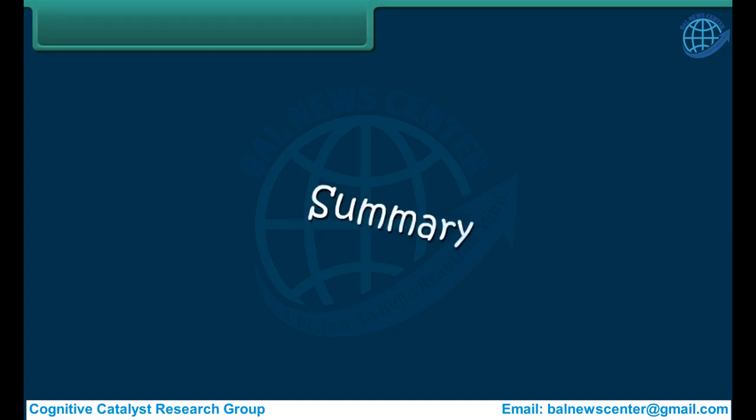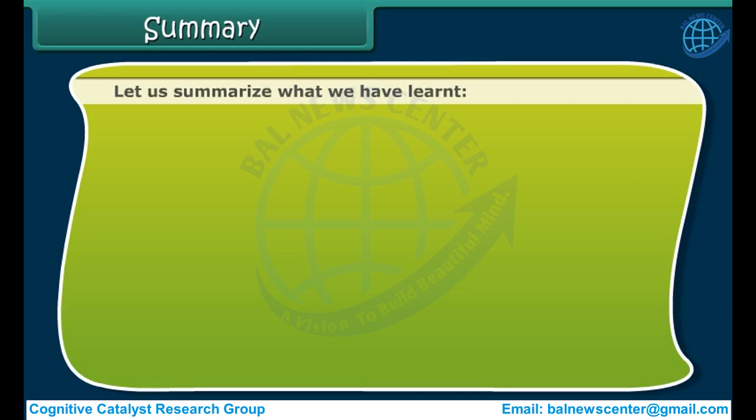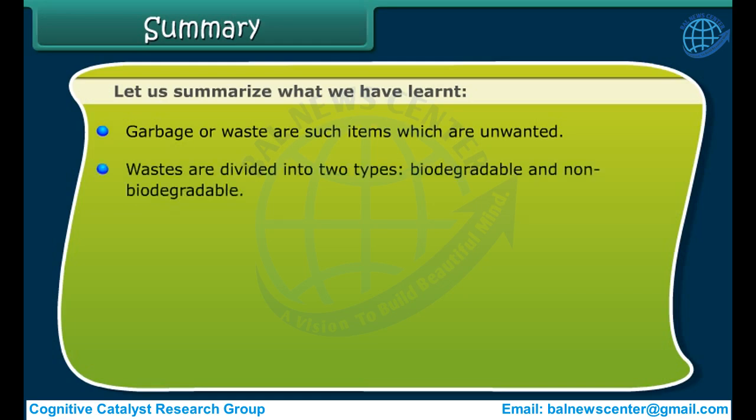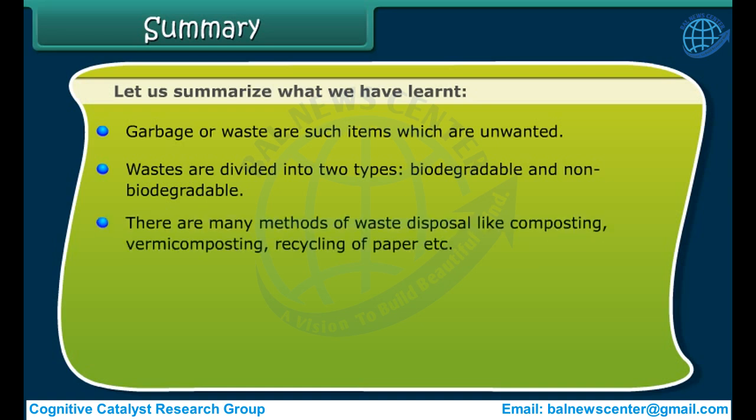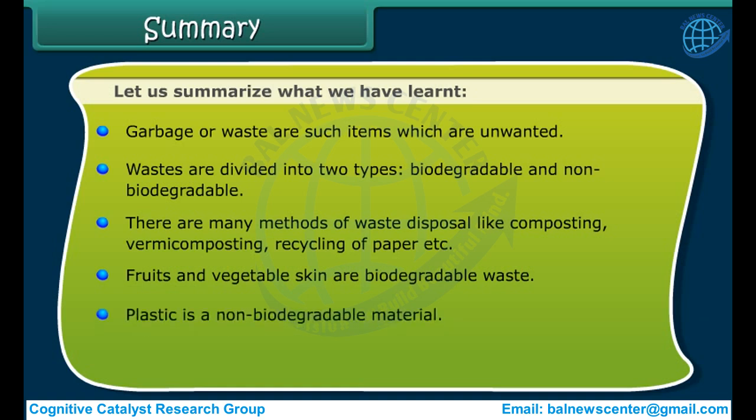Summary. Let us summarize what we have learned. Garbage or waste are such items which are unwanted. Wastes are divided into two types, biodegradable and non-biodegradable. There are many methods of waste disposal like composting, vermicomposting, recycling of paper, etc. Fruits and vegetable skin are biodegradable waste. Plastic is a non-biodegradable material. The burning